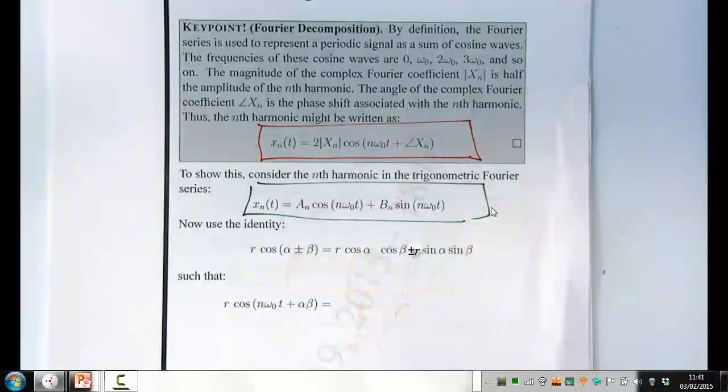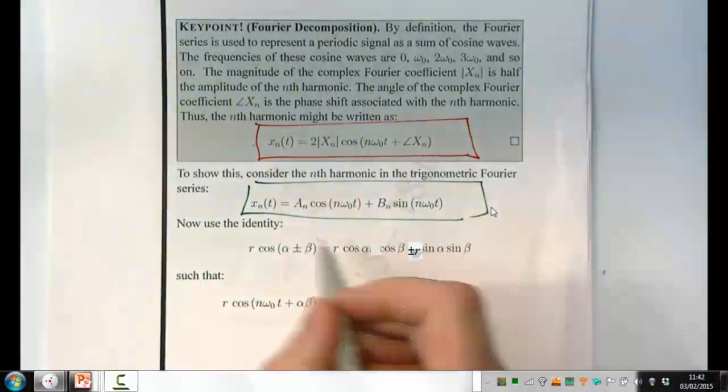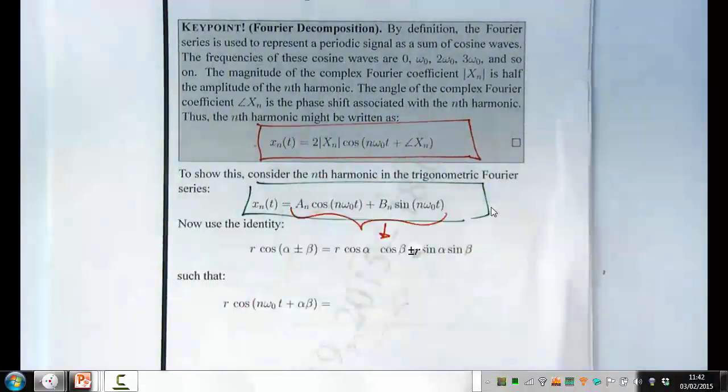I've got cos of a plus b, then cos of a plus b becomes cos a cos b minus sine a sine b. And similarly, cos a minus b becomes cos a cos b plus sine a sine b. And if I multiply both sides by r, then I've got that expression there. Okay, so what I'm going to do is to apply this formula there. So I'm going to apply the trigonometric identity to the nth harmonic of a trigonometric Fourier series and just manipulate